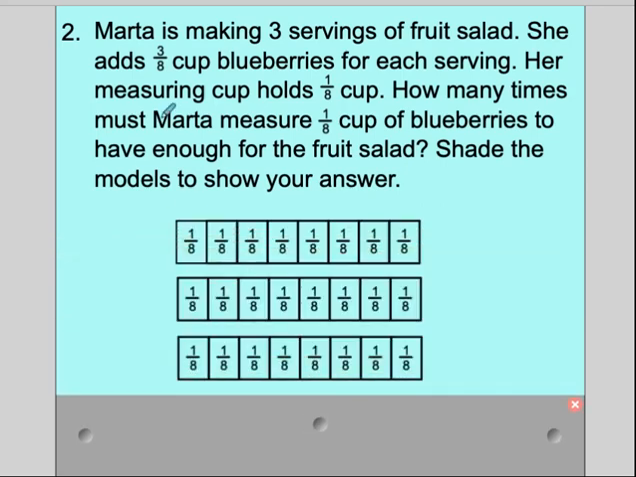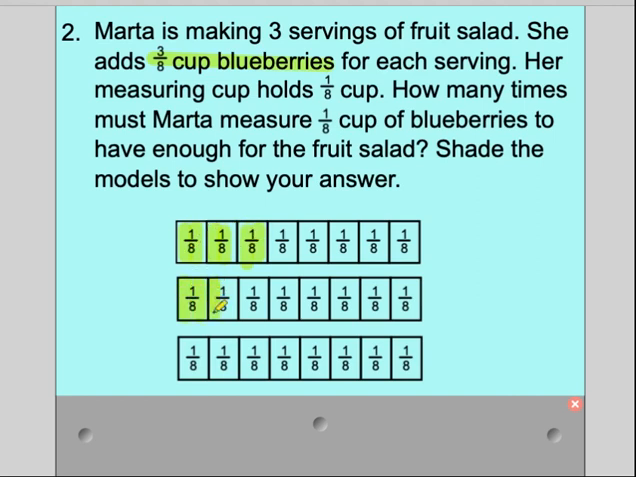So here are the models. So she's making 3 servings of fruit salad. So this model must be 1 serving of fruit salad. So as I'm looking at it, okay, this is 1 serving, this is the second serving, and the third serving. And in each of the fruit salads, she's going to have 3/8 cup blueberries for each serving. So we'll put 1/8 and another 1/8 and another 1/8 would make 3/8, right? 1/8, 2/8, 3/8. So she would have to do that 3 times for 1 serving,